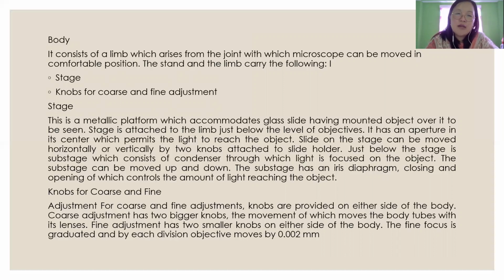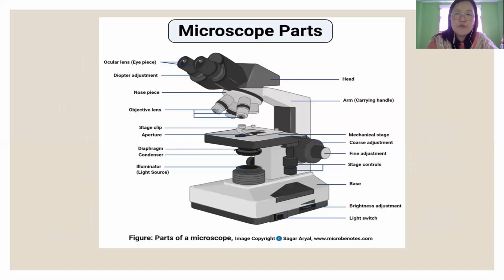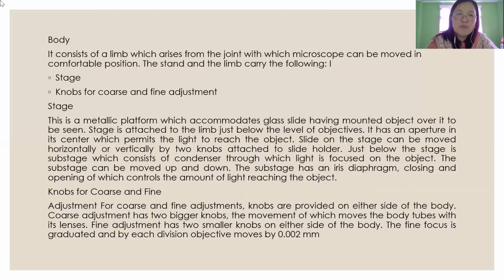The knob contains two kinds of knobs: one is the coarse knob and the other is the fine knob, also called coarse and fine adjustment. If you want to see an image, first you use the coarse adjustment so that you can visualize the picture under the microscope, and if you want to refine that image, you use the fine adjustment. So first we talked about the stage, then the coarse and fine adjustment.